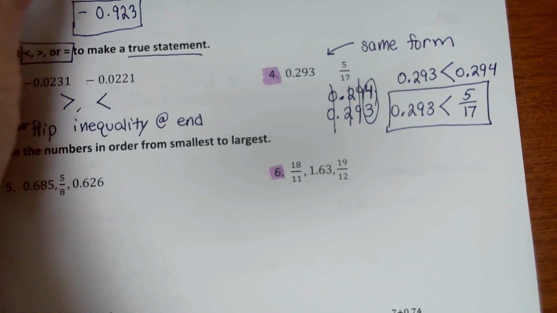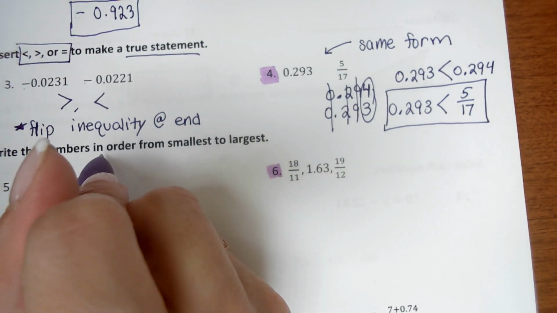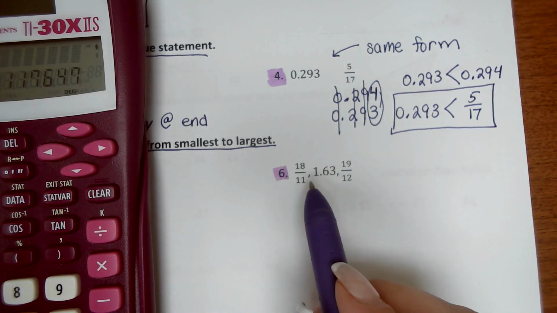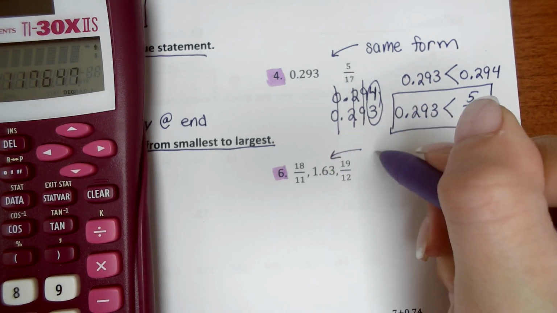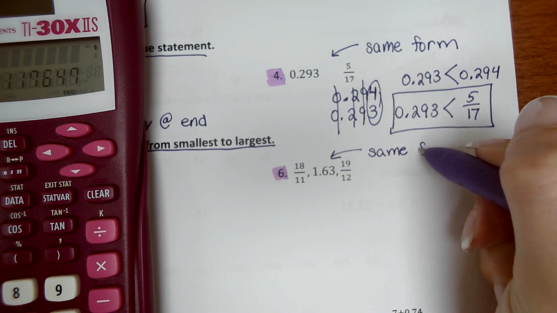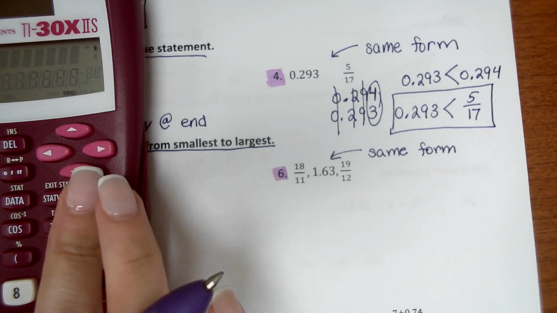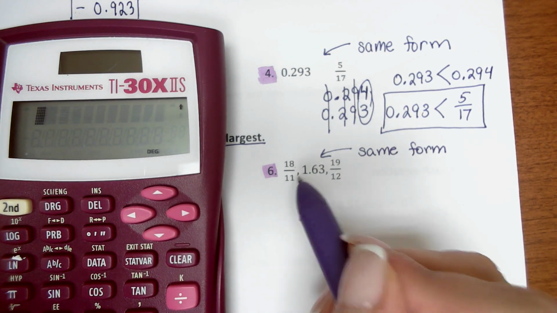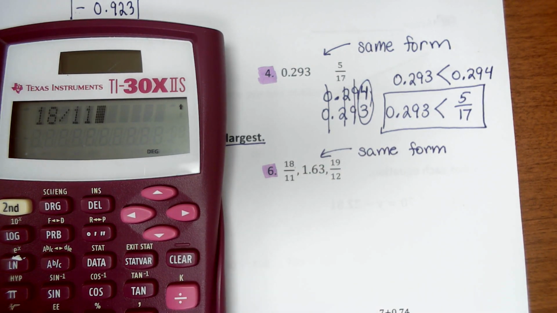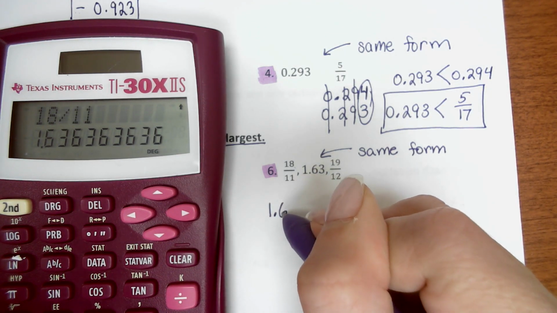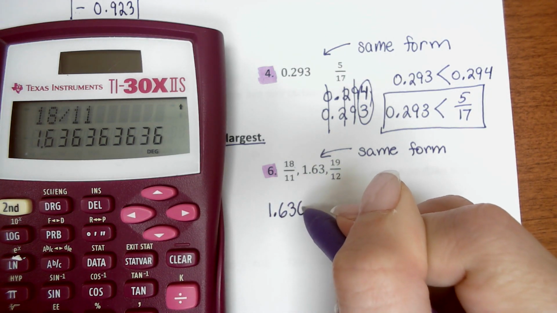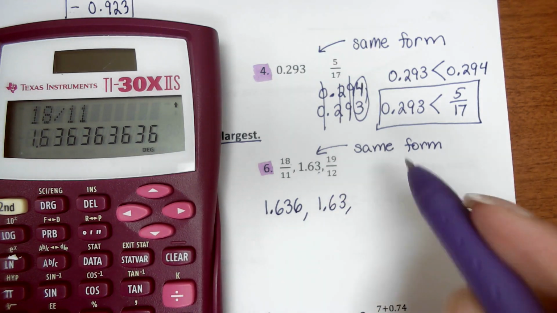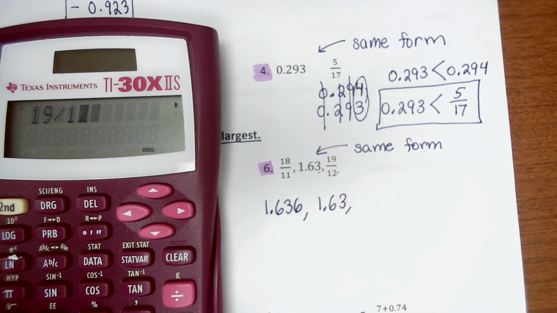Now, along the same lines, the next question type is asking us to order our decimals from smallest to largest. So when we do that, again, we want to get all of our numbers into the same form. And for me personally, it's easier to work with decimals. So I'm going to start by converting these into decimal form. So 18 over 11, that's 18 divided by 11. That's 1.636. And then 1.63. And then the last one, 19 divided by 12,